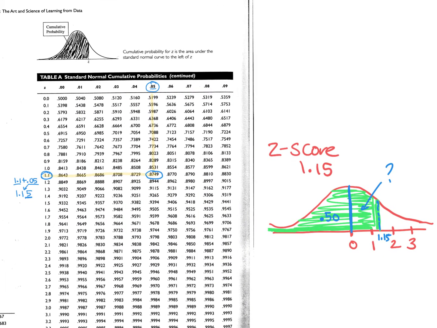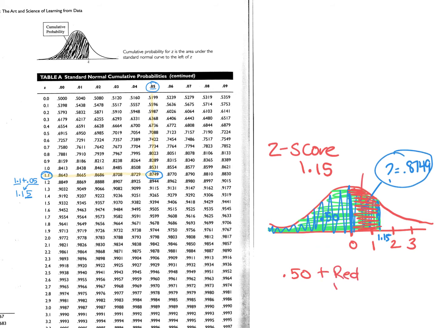So the total area all the way to the left of 1.15 would equal 0.8749. Now this is our answer, but we could also ask questions like, what was the area just in that one region from 0 to 1.15? So we could break it up into pieces here. We know that 0.50 plus that red shaded region from 0 to 1.15 has to total